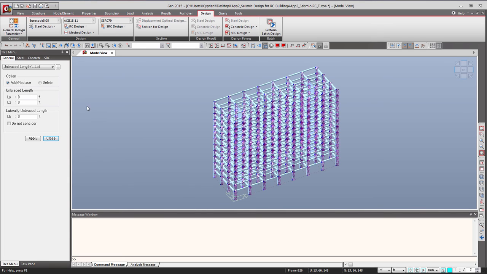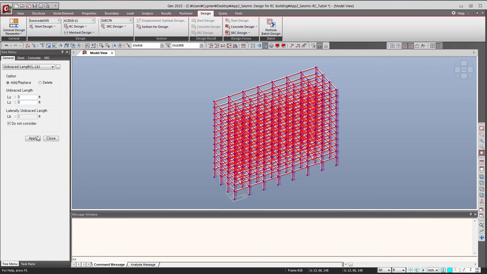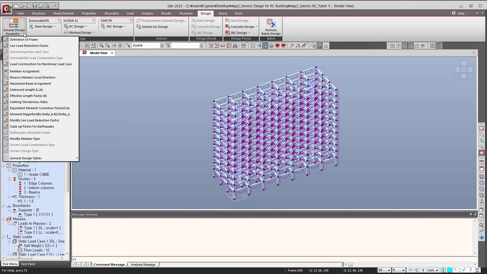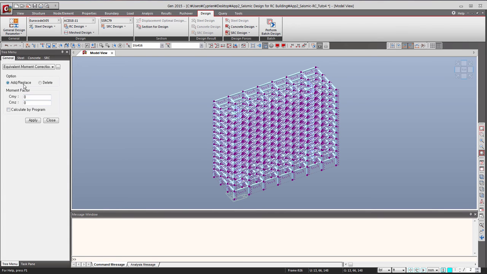So in this case, I'll just input 0, 0 and do not consider the lateral unbraced lengths. I have to select everything and click on apply to apply it. Now let's look at the equivalent moment correction factor, Cm. So let's calculate that by the program. Okay,